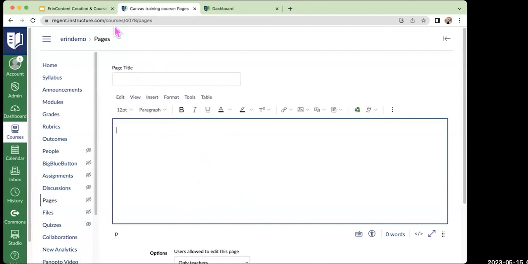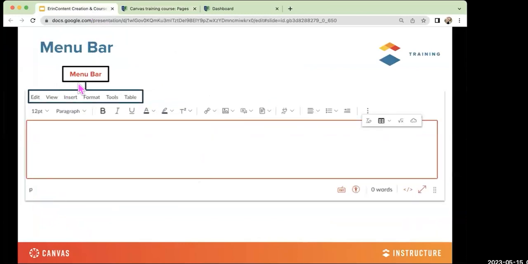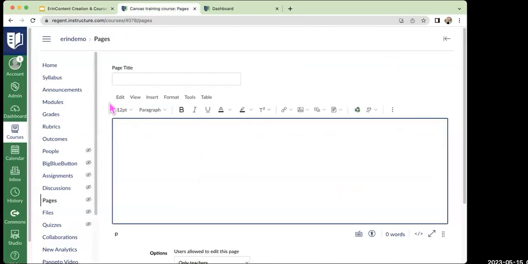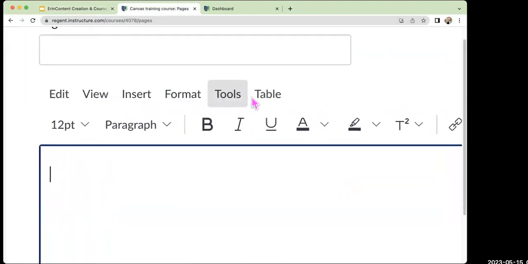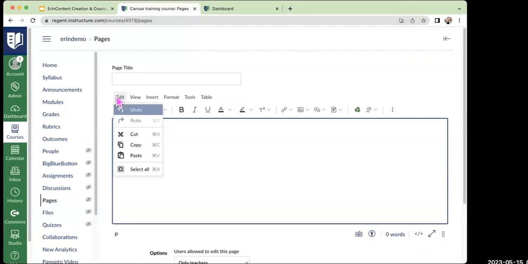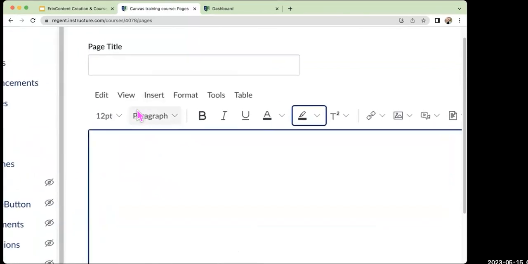So let's begin by talking about the menu bar, which is this section up here, where it says Edit, View, Insert, Format, Tools, and Table. You all are smart people. I'm sure you know how to open up a menu, but I did want to point out that for the most part, all of these shortcut items are available up here in the menu, and all of these menu items are pretty much available down here on these shortcuts. Just like that's also the case in, for instance, Microsoft Word or Google Docs, right? You have your commonly used shortcut items on the bottom, and then you have a menu of items at the top. Now, there are a few things that live up in this menu that you can't get to